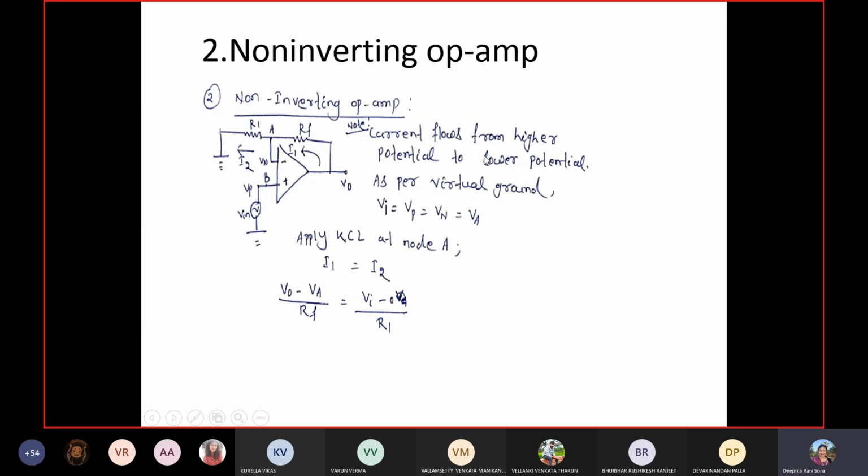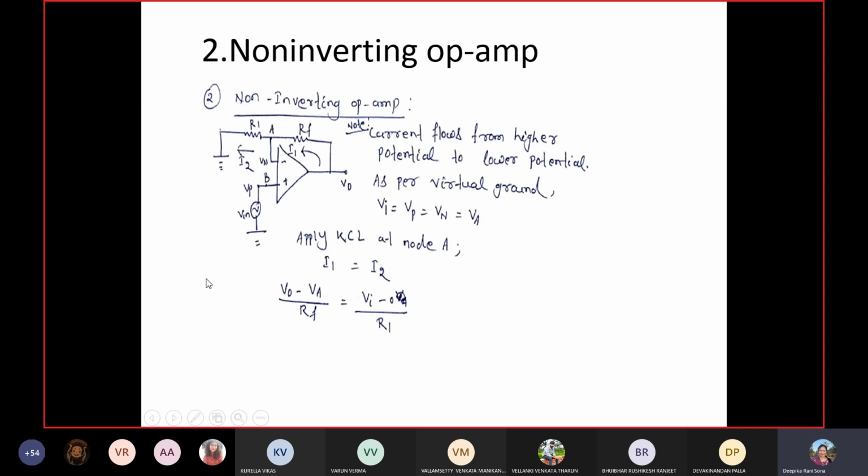Okay, guys. Just have a look at the circuit. Here we have applied the Vin at the positive input terminal of the op-amp, which is called the non-inverting input terminal. Now, let's understand the circuit first. Let's consider the voltage at the positive input terminal of the op-amp at B is Vp, and at the negative input terminal at A is Vn. N represents the negative, P represents the positive. So externally, Vin we have applied at Vb. So we can write that Vin equal to Vp.